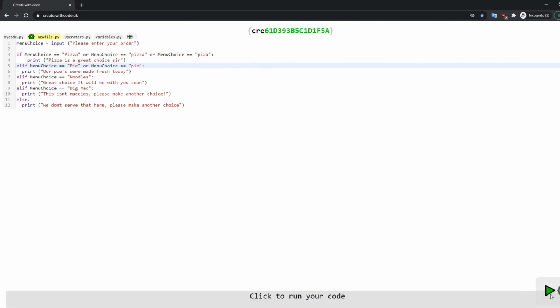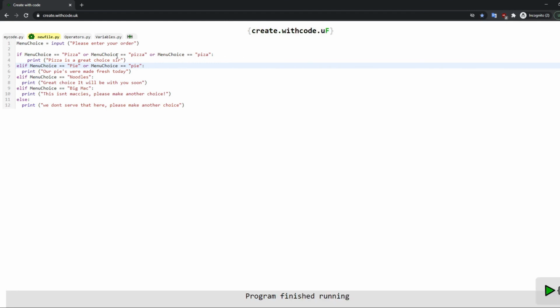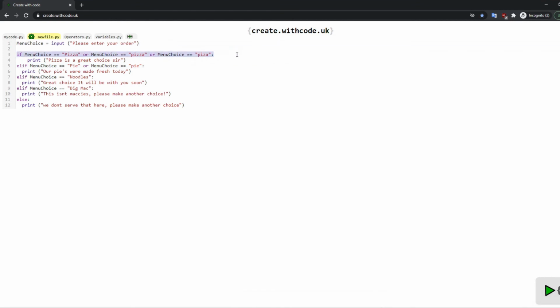So now if we try and run this program and enter pie all lowercase, our pies are made fresh today. So all we've done is just added extra conditions that can be met depending on our input. We've just added extra options to our program. So if we move back over to the presentation,